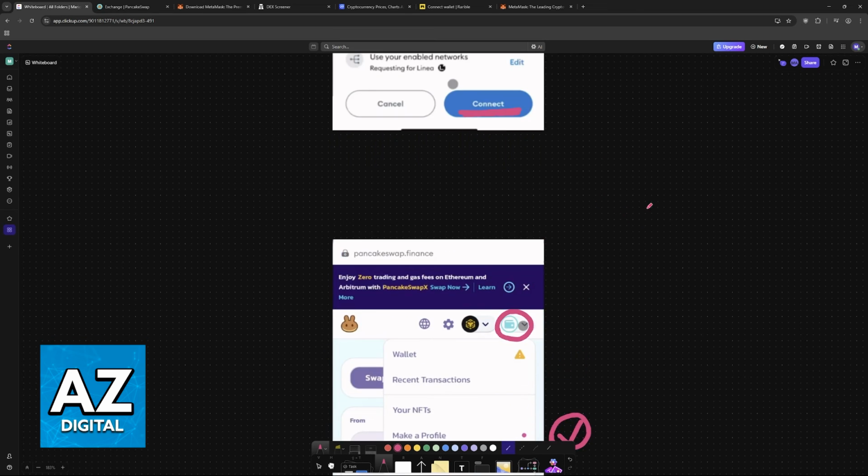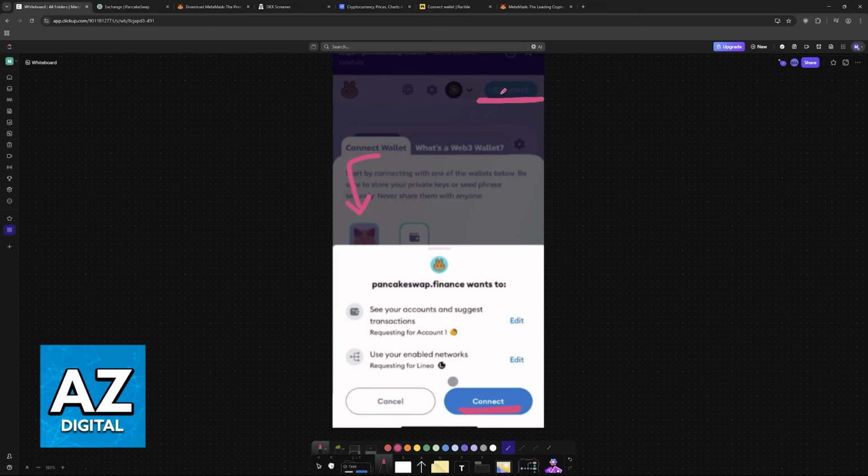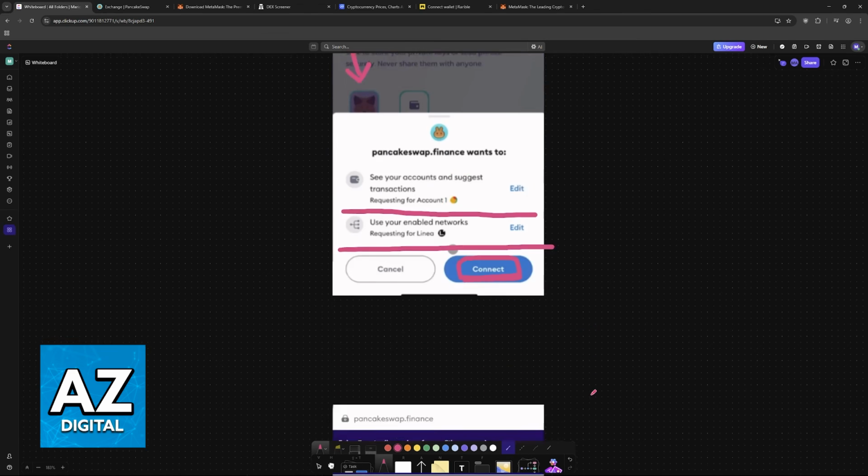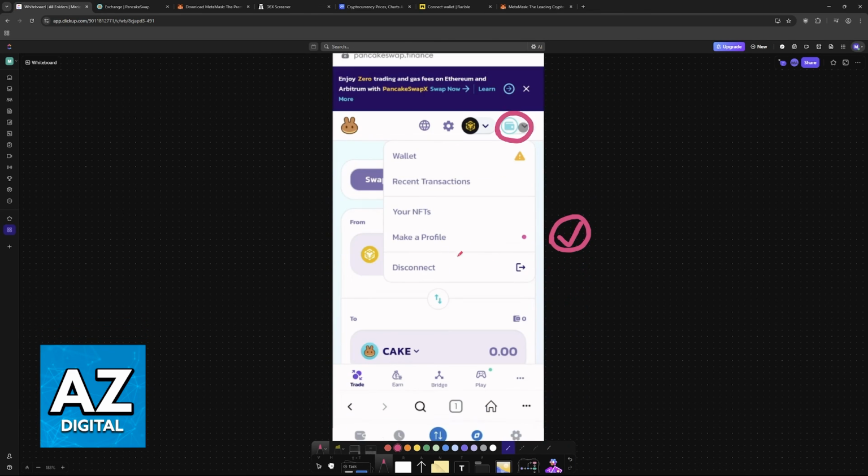If you are doing this process entirely through a smartphone, then you will choose Connect and the application will be automatically detected. So you will see the permissions needed. Usually you don't have to change these unless you want to go really into detail about what it can do regarding the permissions, but just click connect and the connection will be established together. Your wallet will be here and you can manage all of the options by tapping on the icon and then wallet. I hope I was able to help you on how to connect MetaMask to PancakeSwap.